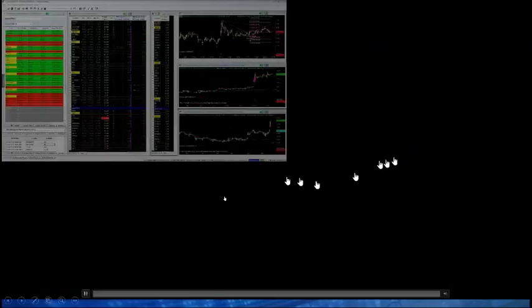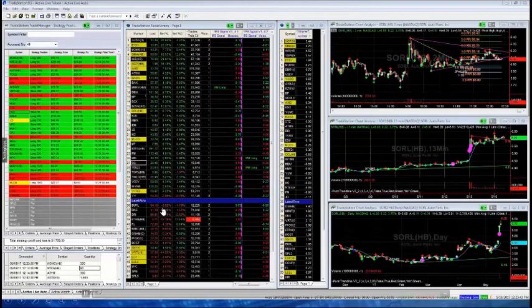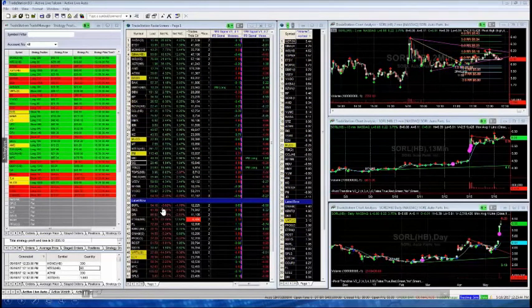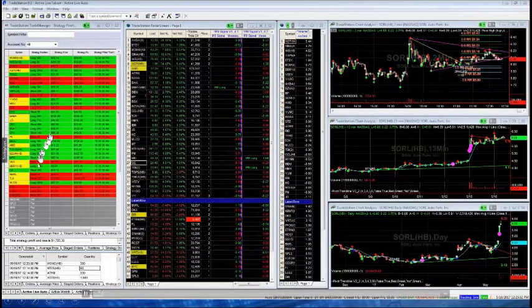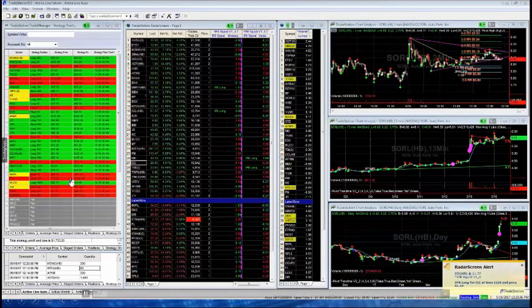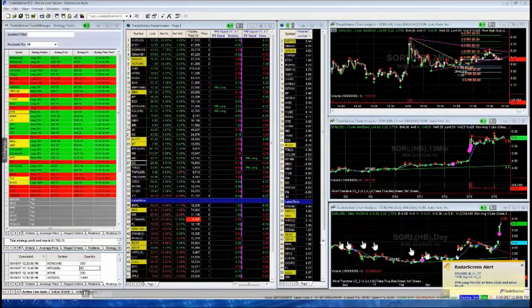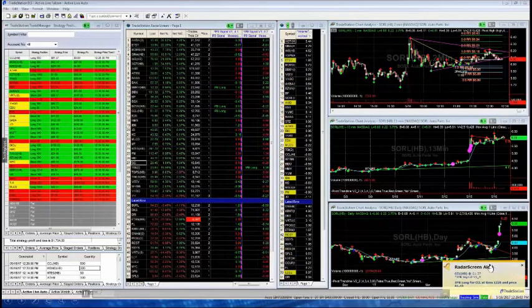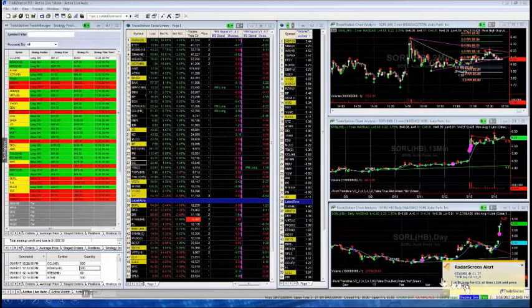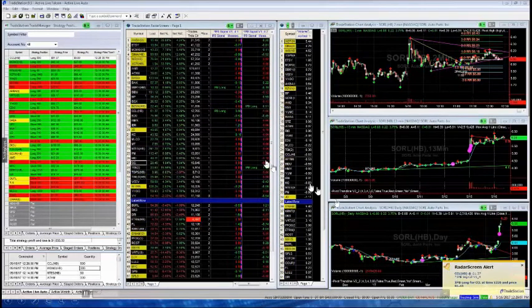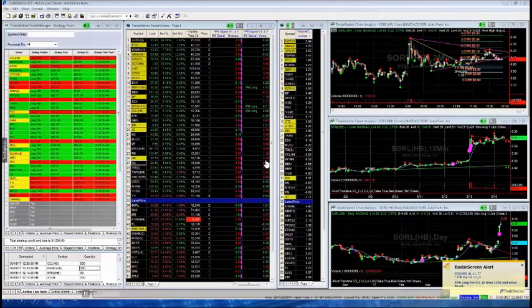So this is a video of basically the webinar running. You can see on the left are open positions. These are positions that the algorithmic system has identified. You can see the number of shares, the time of entry, the price, and then the current profit and loss. In the bottom right, you will get an alert. Strategy alert. And then you will hear that, which is a strategy alert, when a trade signal has been identified